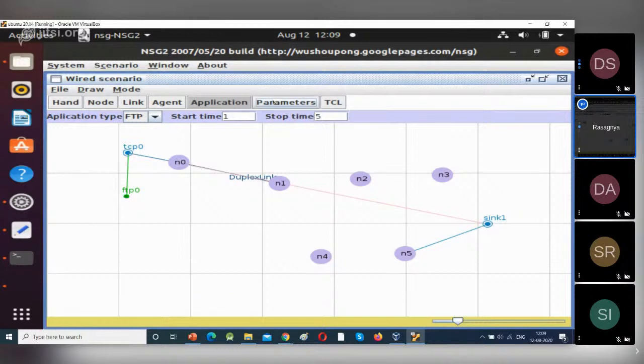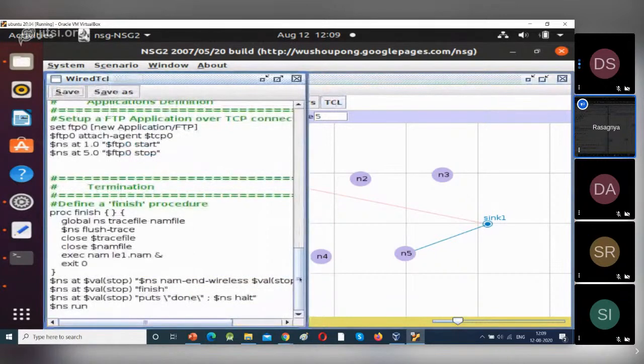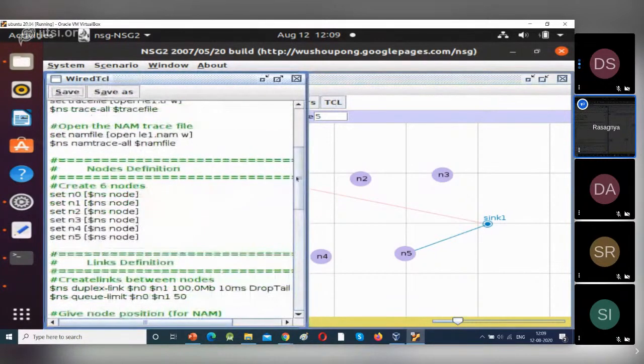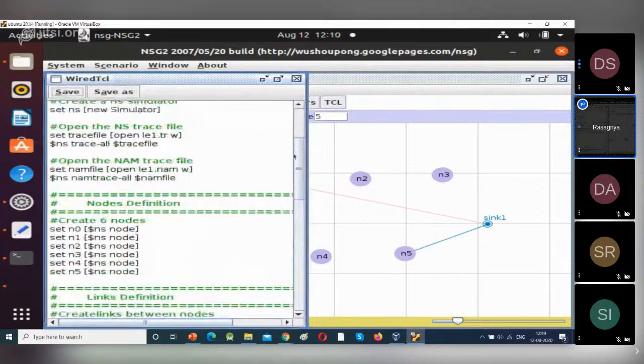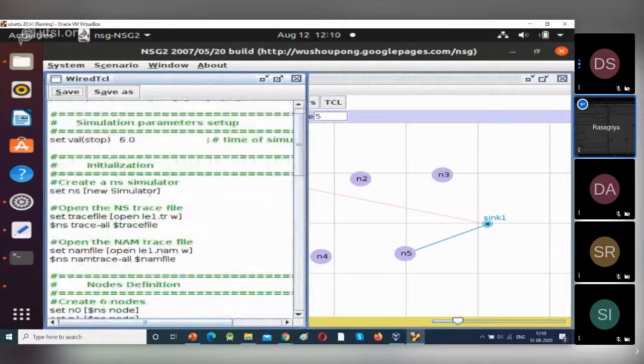Next, we have given the start, simulation time, trace file name, NAM file name. Next, generate the TCL script. See the simulation time, network simulator, trace file name, NAM file name.